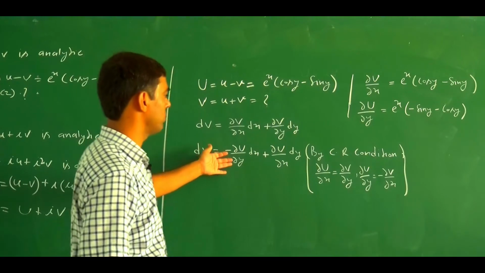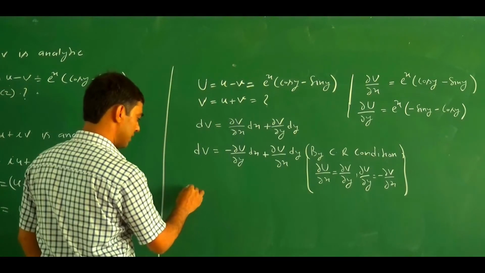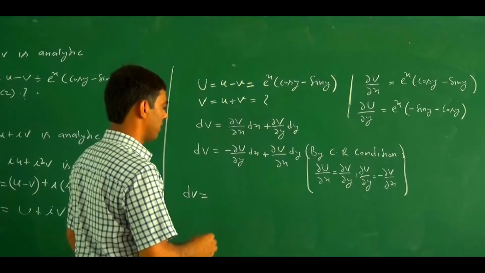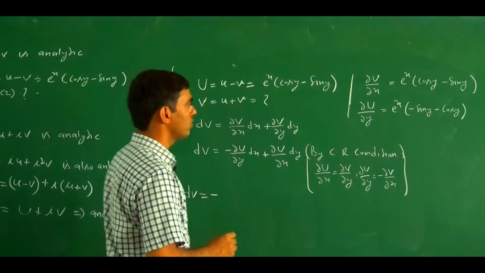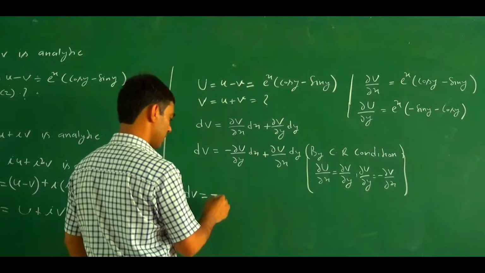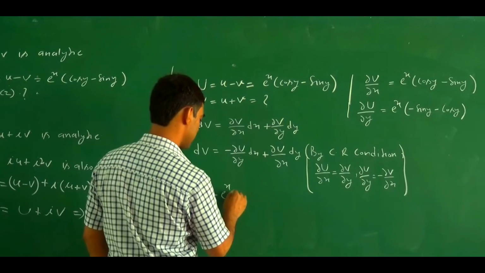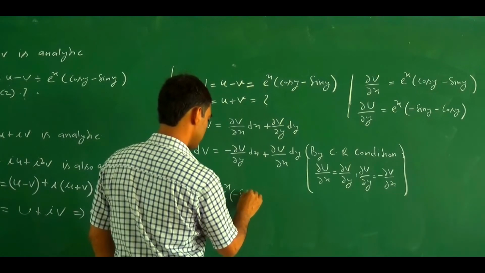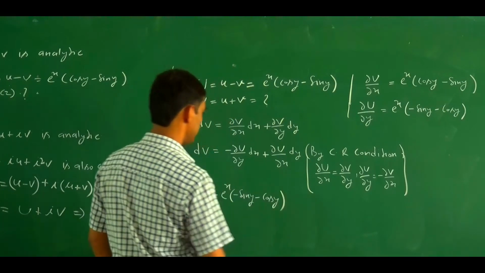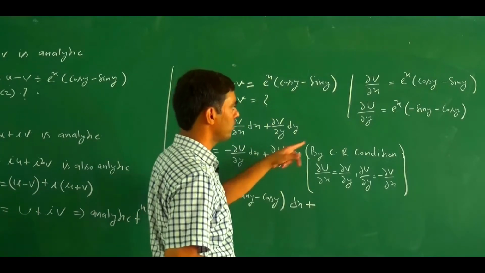Now putting the values of ∂U/∂y and ∂U/∂x from here, what will happen? dV = −(∂U/∂y) dx, the minus comes outside, then this becomes e^x (−sin y − cos y) dx, plus ∂U/∂x